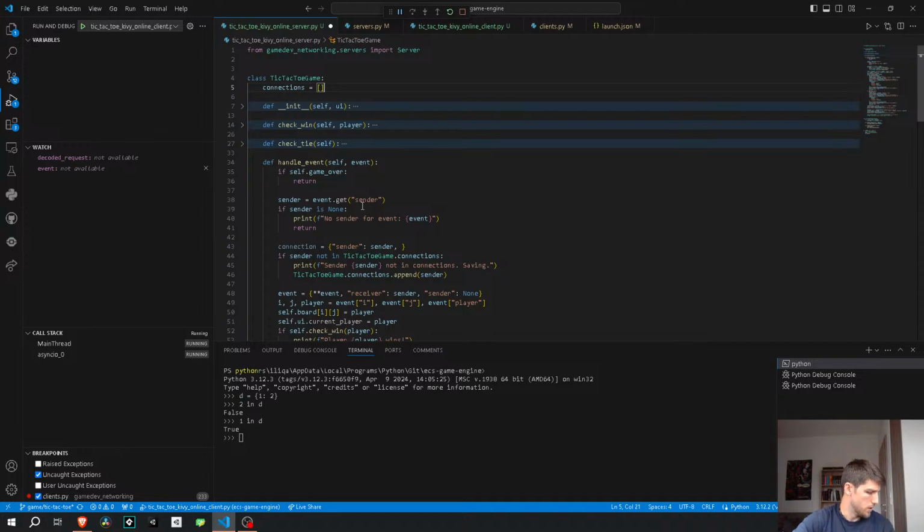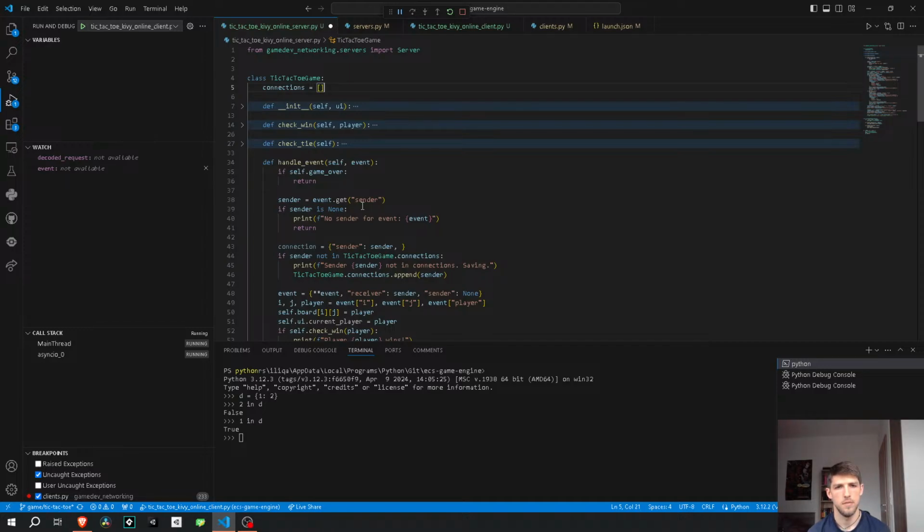Or how should I, what data structure should I use here? I want to save in some way the sender, so the WebSocket sender, or the connection hook, and the player, whether it's X or O. But in order to do that, when I have a new connection,